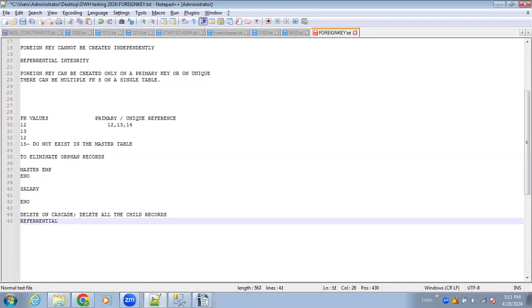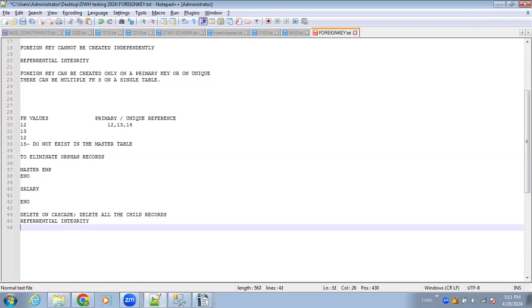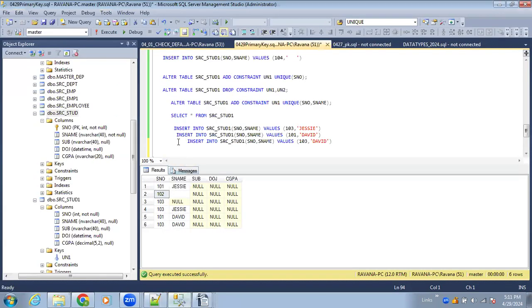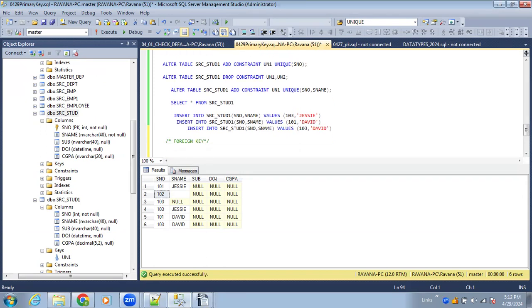Now let's see. We'll try to create a foreign key on SRC stud one. As I told, a foreign key cannot be created independently, meaning it needs to refer to something. What are the constraints that we do have? Unique constraint, right? Now I do not want a unique constraint on this. Let me drop all the constraints on SRC stud one. Alter table, table name,